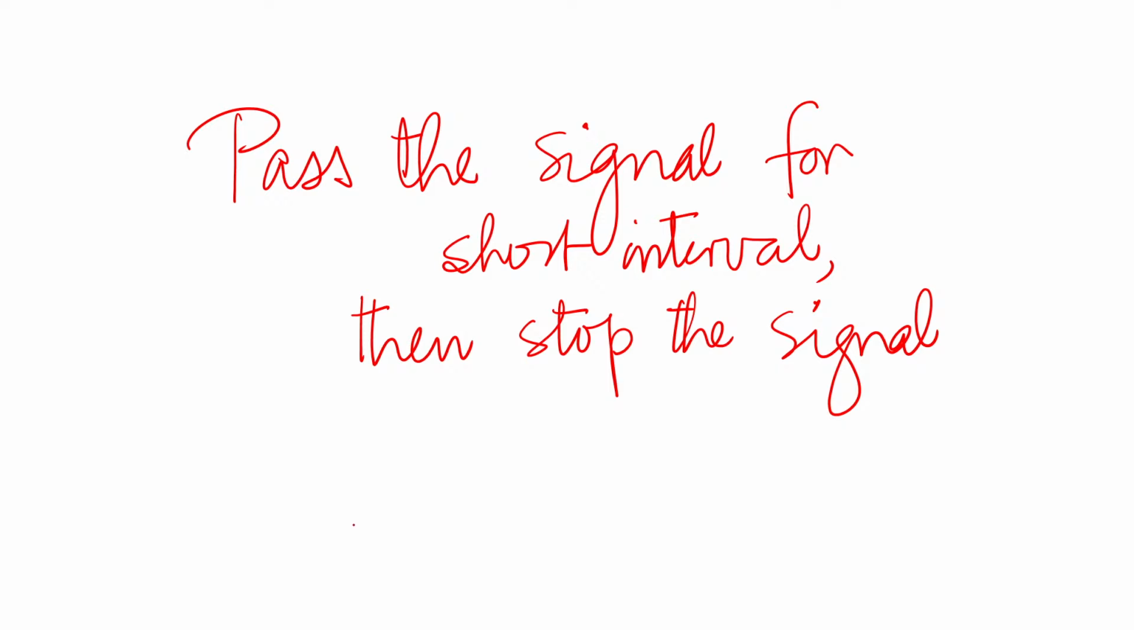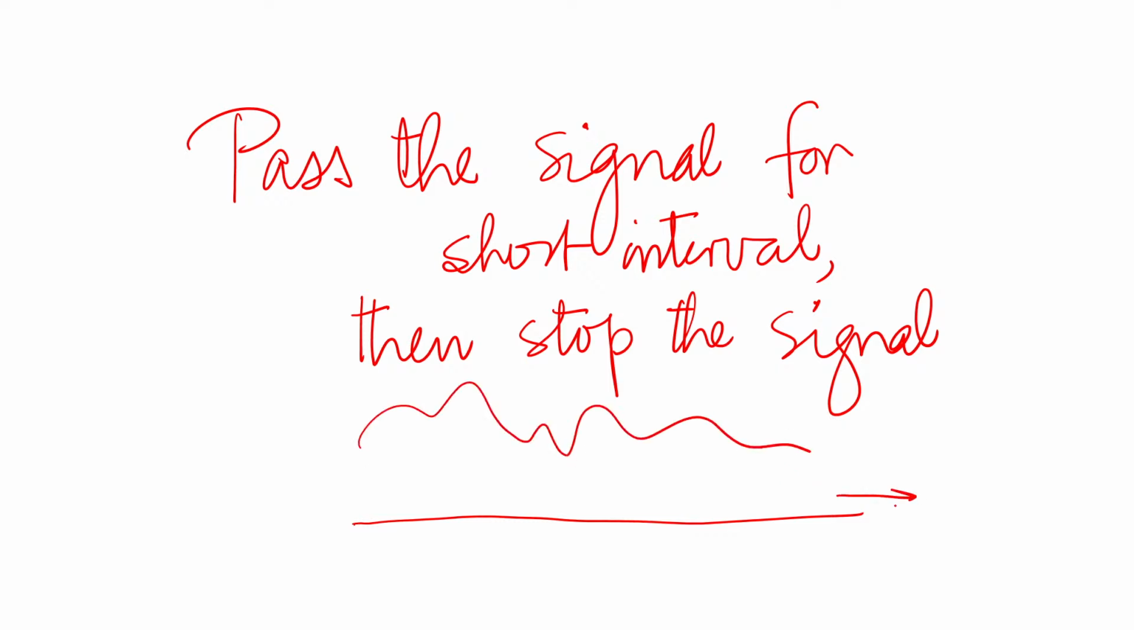Let me sketch. I have some signal. Let's say it's an audio signal. It's a function of time. You're essentially multiplying it by a function that looks like this. Multiply by